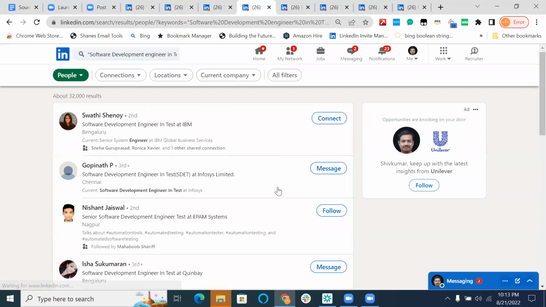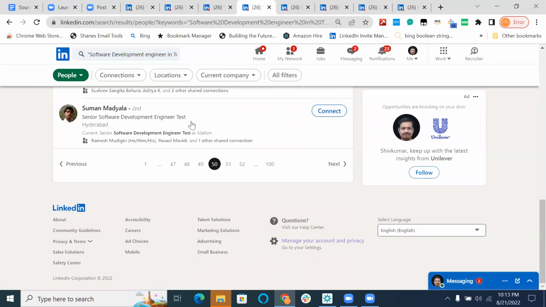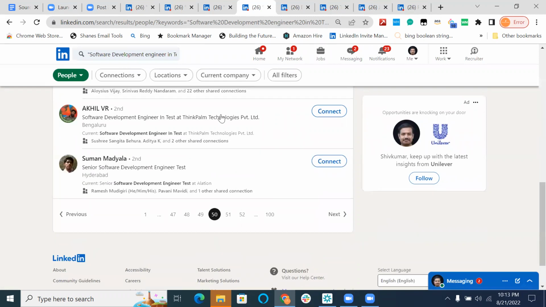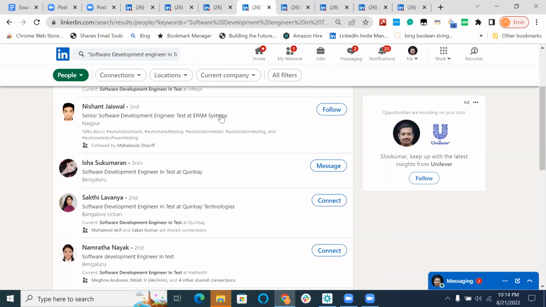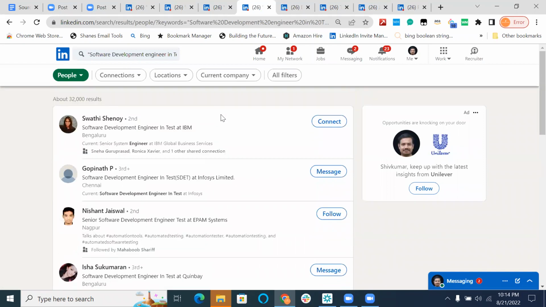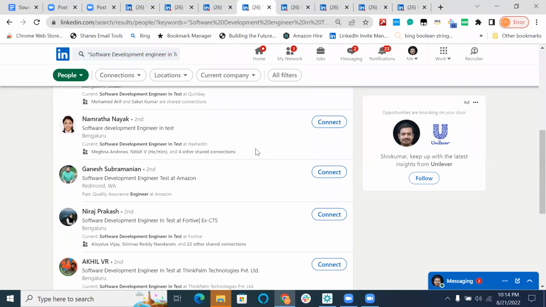So now here we are on the 50th page. But still we see software development engineer in test, sometimes including "in" or sometimes not, but in the majority of them you have software development in test or software development test. And once you open the profile, definitely you would see that in test is also mentioned in the previous job titles.